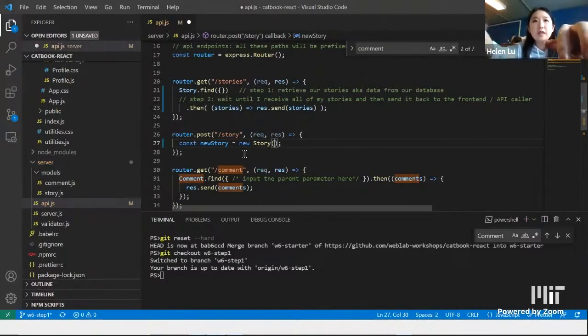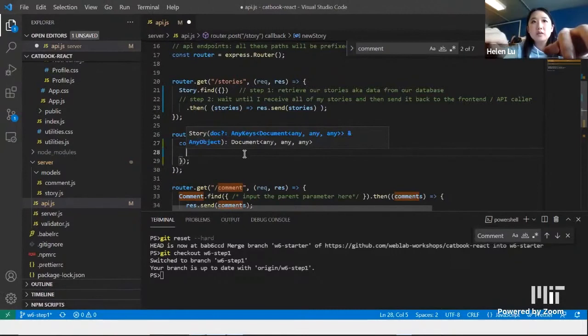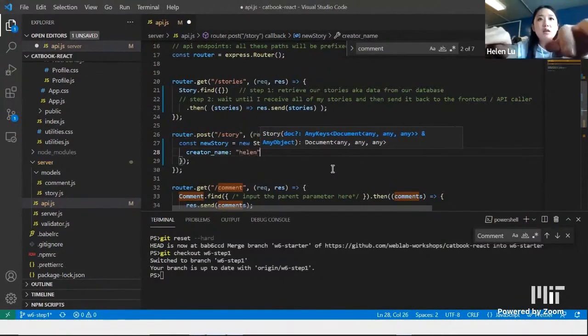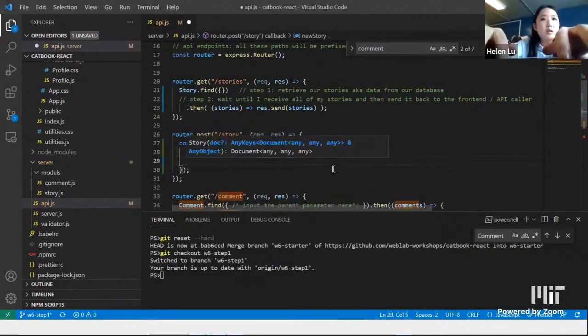And then inside these parentheses, we want to put the fields for our object. So we want to instantiate our object. And remember, for each story, we have two fields. We have the creator name, and you should just put a dummy string. So in my case, I will put Helen, and the second field